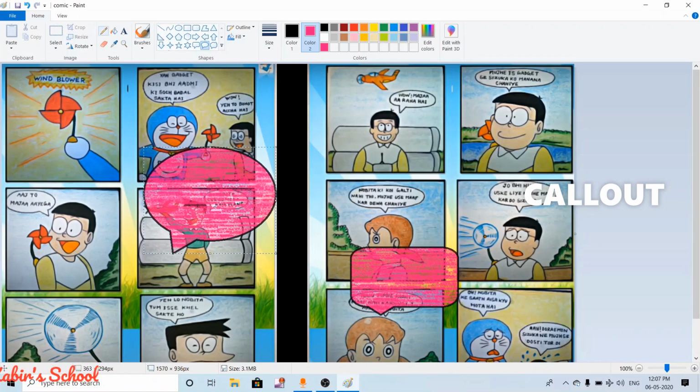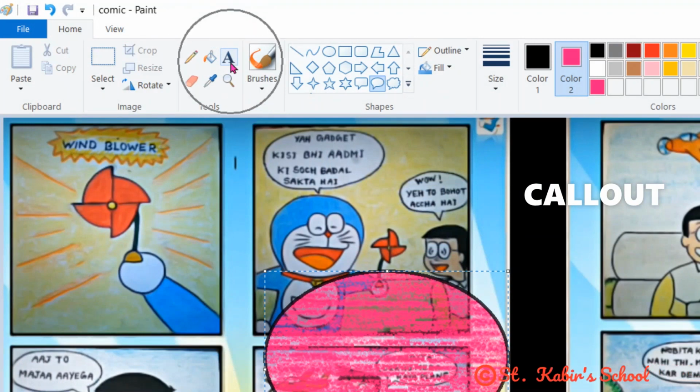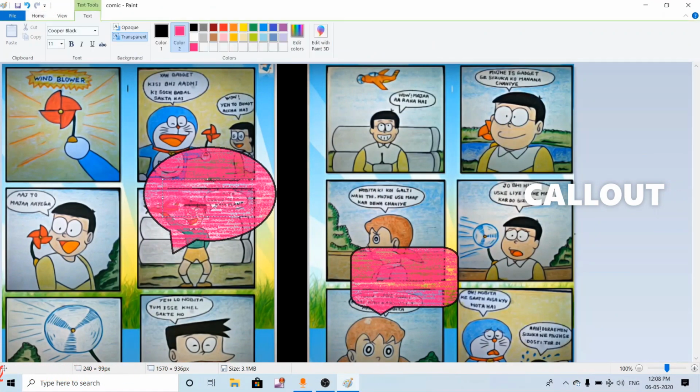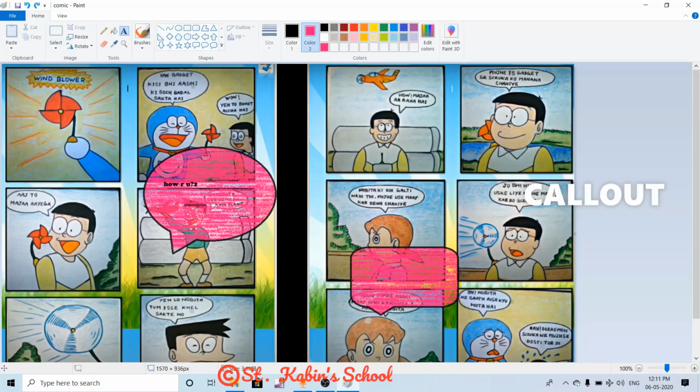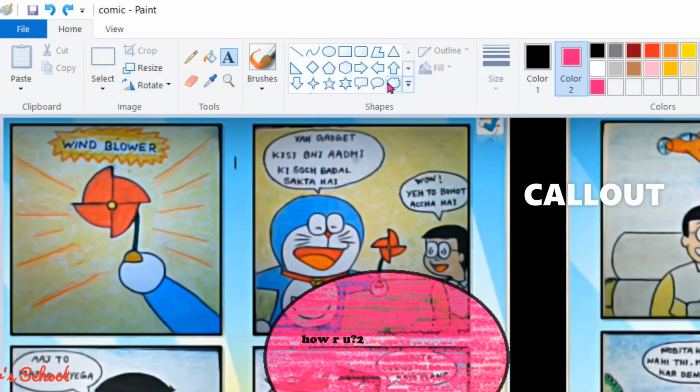Draw a callout. Click on text tool. Draw a text box. Write a dialogue here. Third one is cloud callout. This is cloud callout.